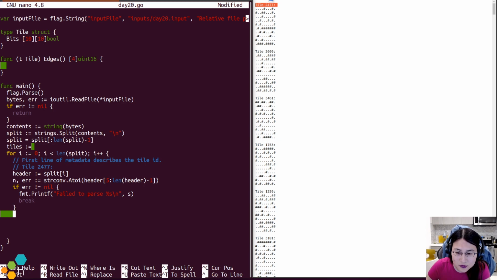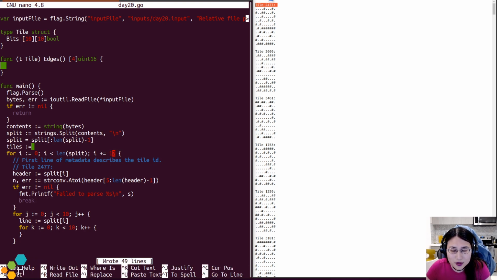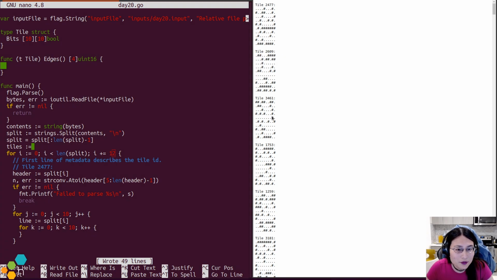All right, now, the line is going to be split of I. So in fact, I plus equals 10, 11, 12, I think, per time. Because there's going to be one line of header and then the new line after it. Okay.